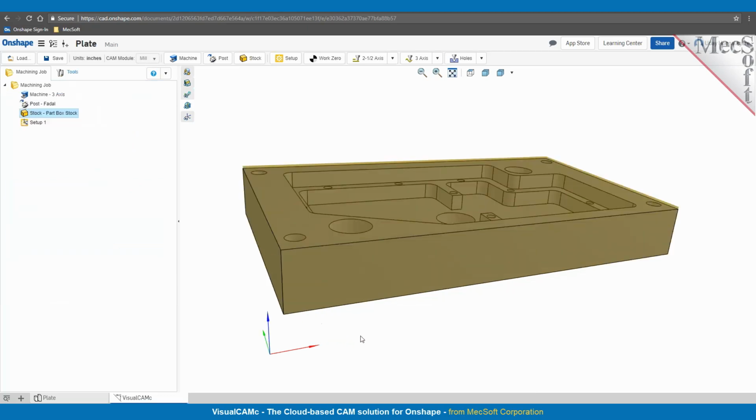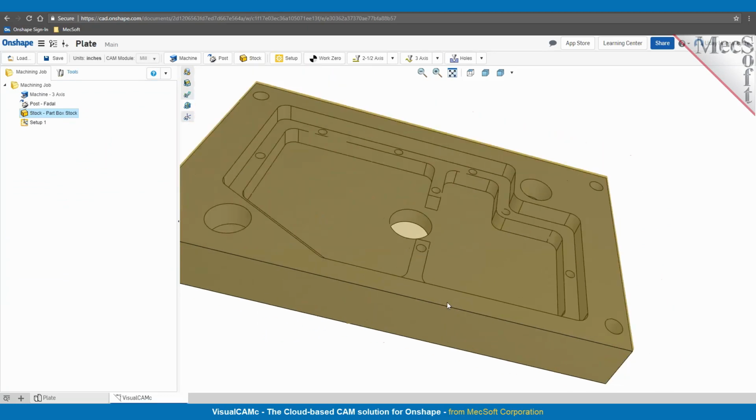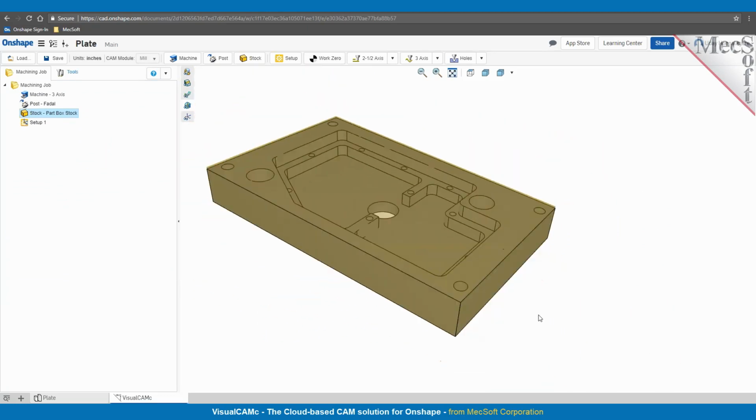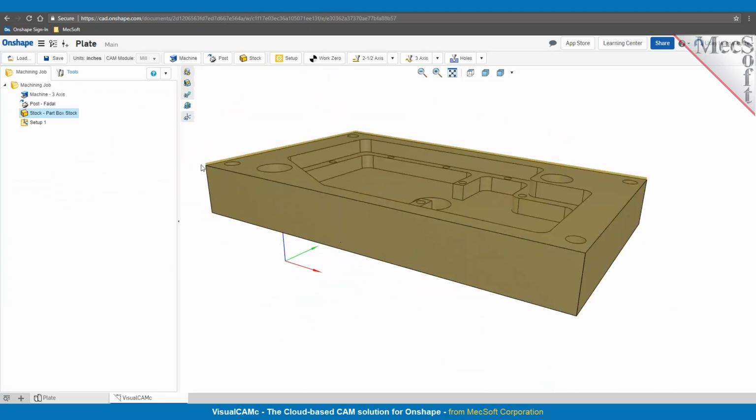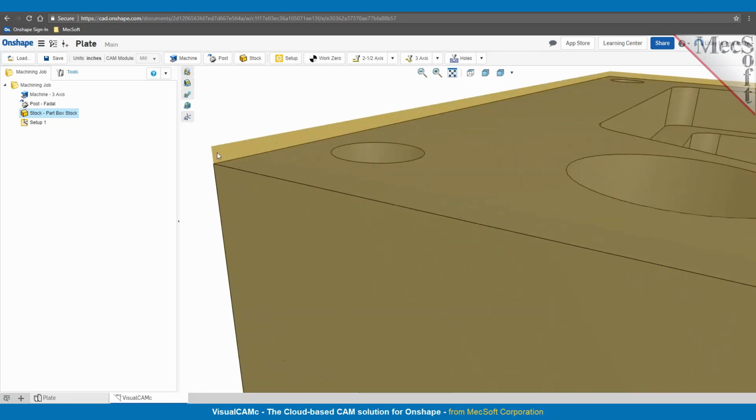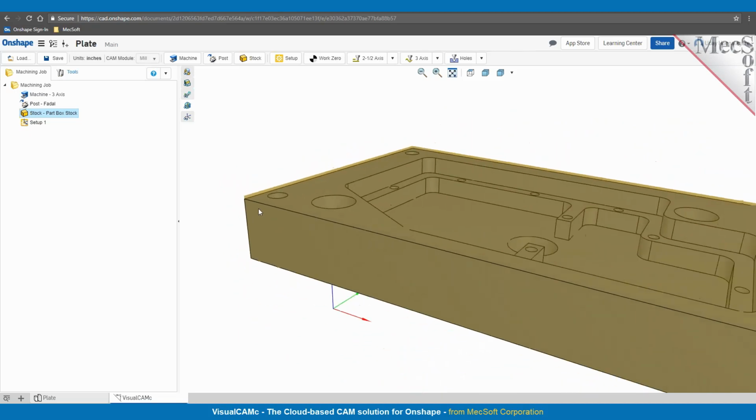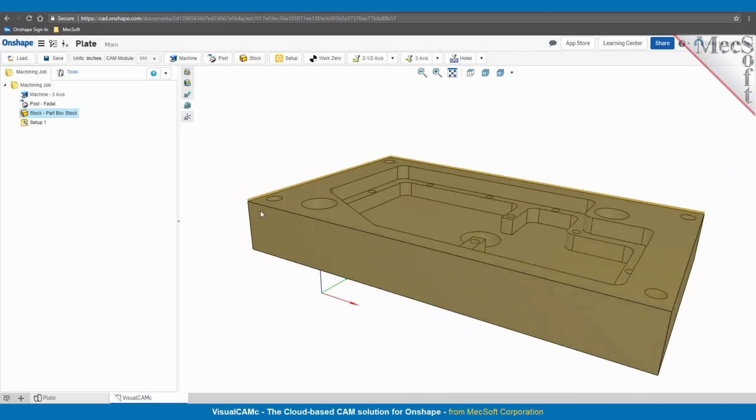So we would like to first face it down so the stock can be faced down to the height or the thickness of the part. And you'll see that the stock is now displayed on top of the part, and there's an additional 50 thousandths of stock being left in here. In the next step, we're going to establish the work 0 or your work coordinate origin